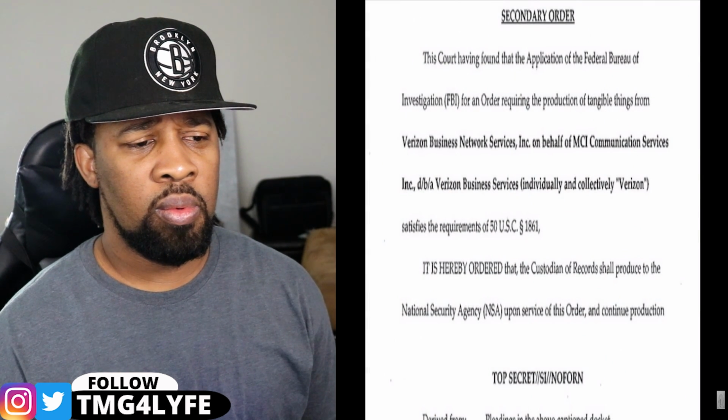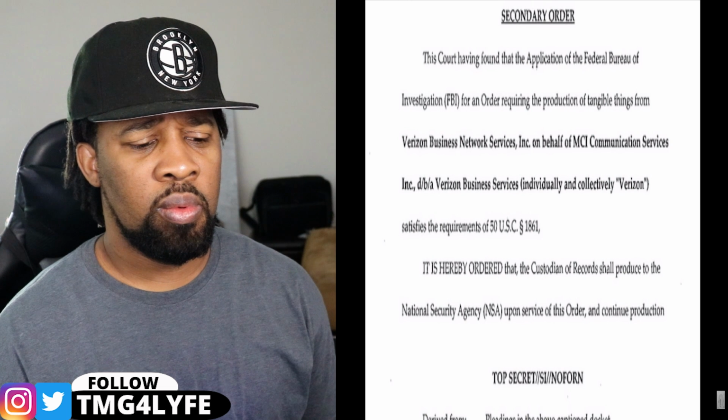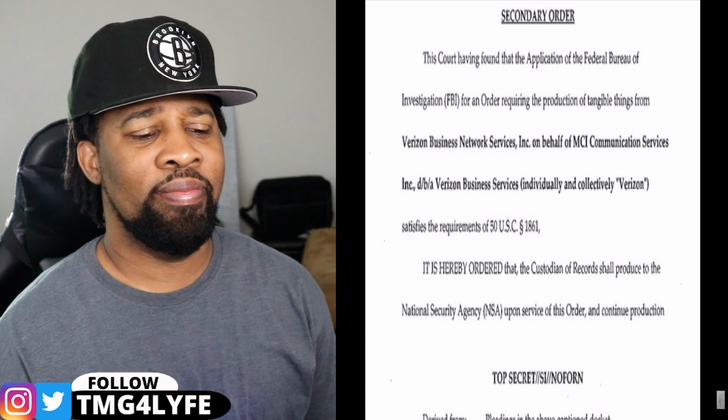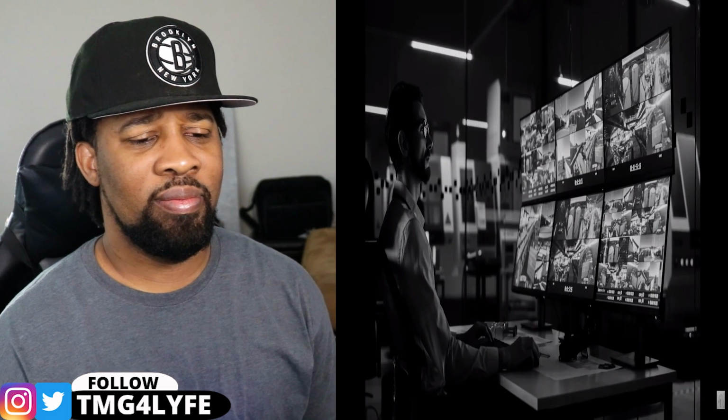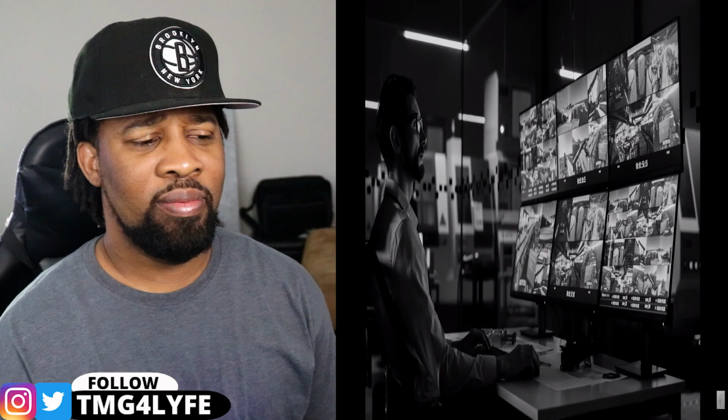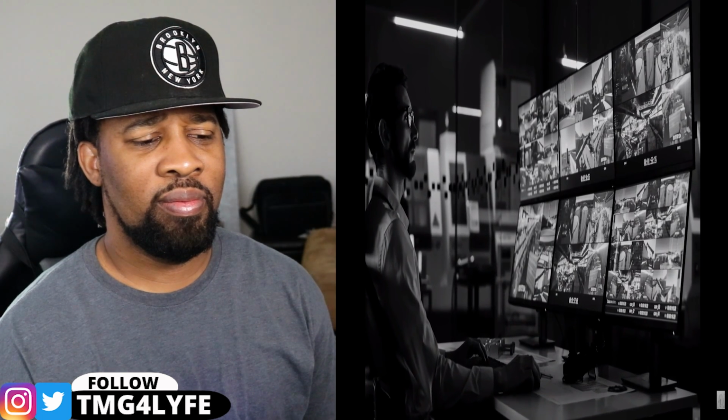It noted that the telephony metadata does not include the substantive content of any communication or the name, address, or financial information of a subscriber or customer. The document also instructs Verizon not to tell anyone about the court order.